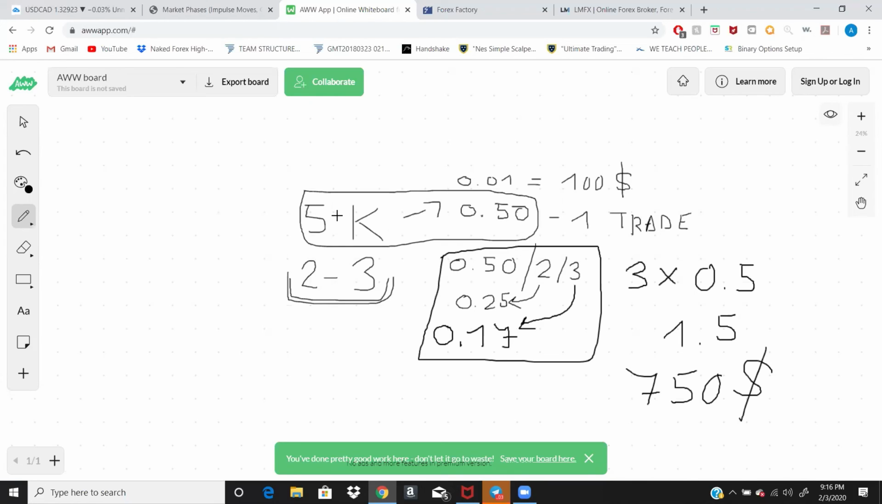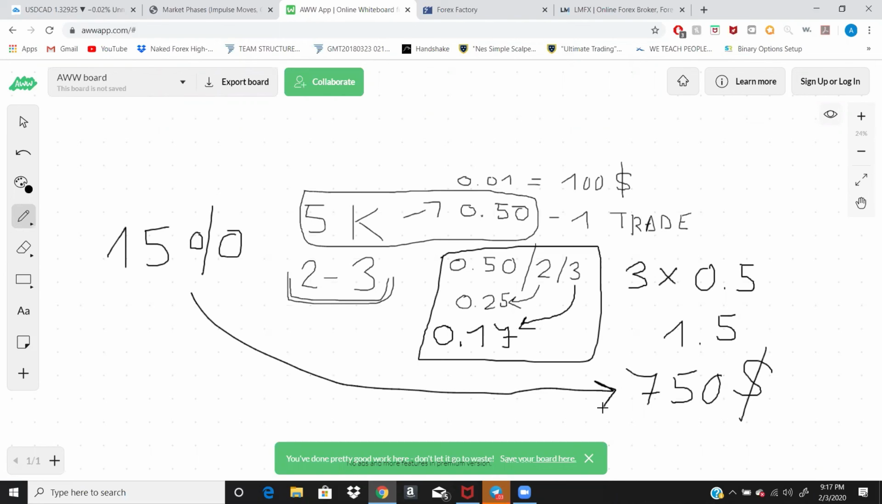Well, let me just calculate. So divided by 20, that's 250. 3. Hold on. So that means you're risking 6%. No, divided by 20. Okay, so you are risking 15% of your account, right? If you do this, and recommended risk is 2 to 3%,